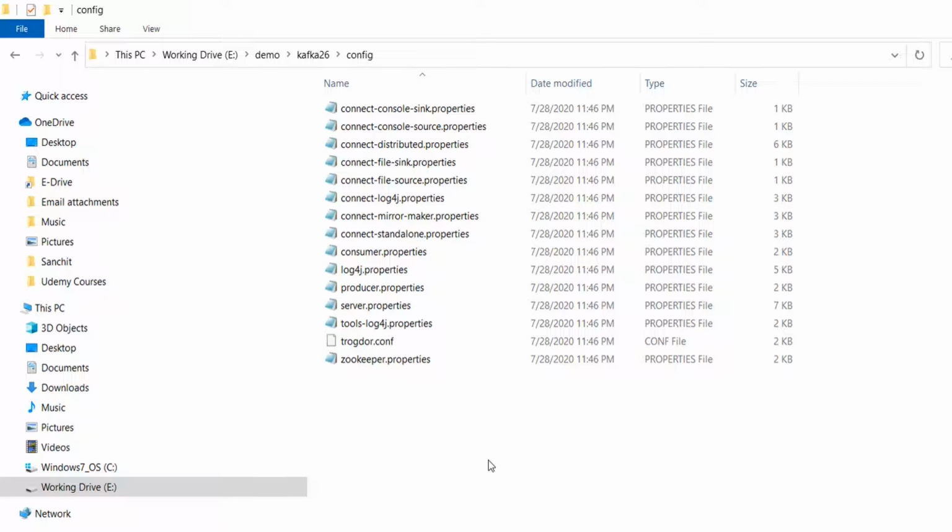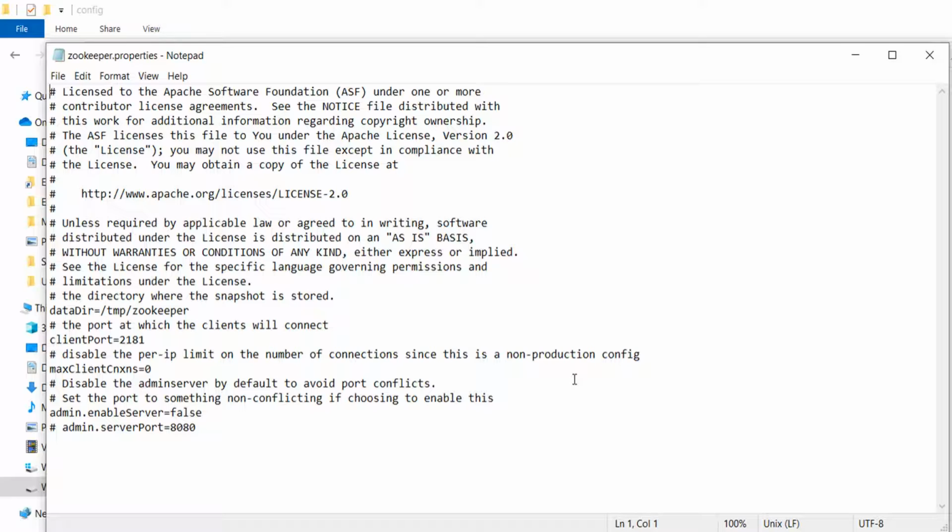Let's do it for the zookeeper.properties. Open the Zookeeper configuration file. It is a small file. You will see a configuration for the data directory. This configuration sets the Zookeeper data file location. The current value looks fine, but I want to change it to something like this. Now, when I'm starting the Zookeeper server, I'll create a Kafka logs folder in my current directory, and then a Zookeeper folder inside it. All the Zookeeper data will be saved in the Kafka logs/Zookeeper directory. That's all I wanted to change. Save it and done.